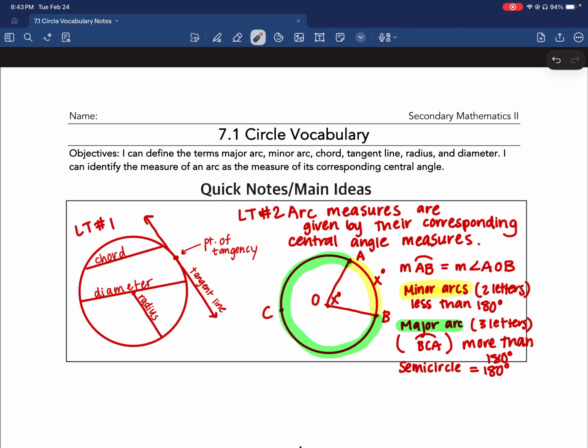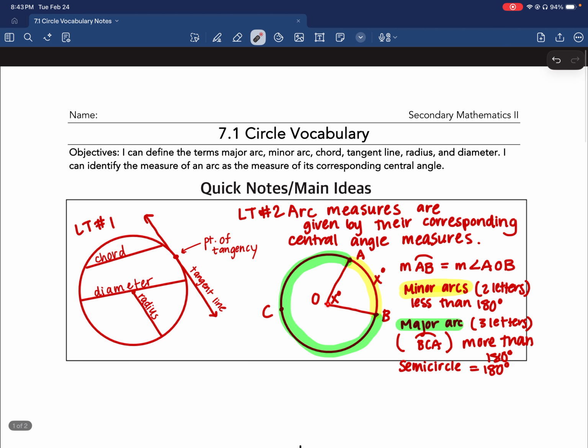Now that we've talked about arcs, the other vocab word is a central angle. Okay, a central angle is an angle that is made using the center of a circle. Okay, so the angle AOB would be a central angle because it uses the center of the circle. Okay,